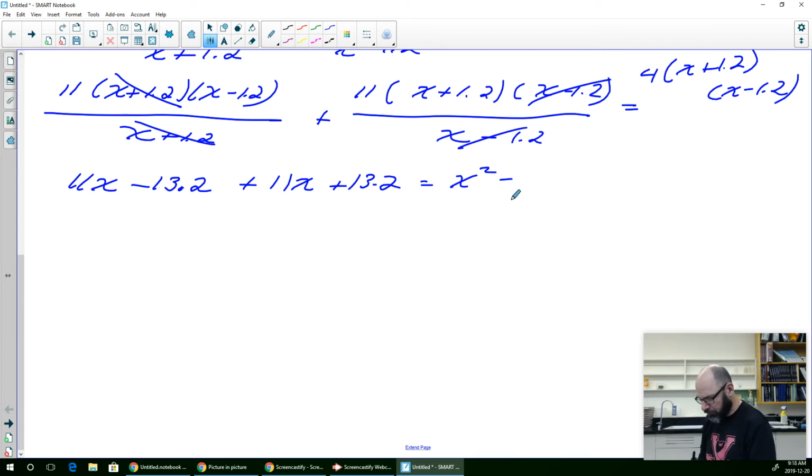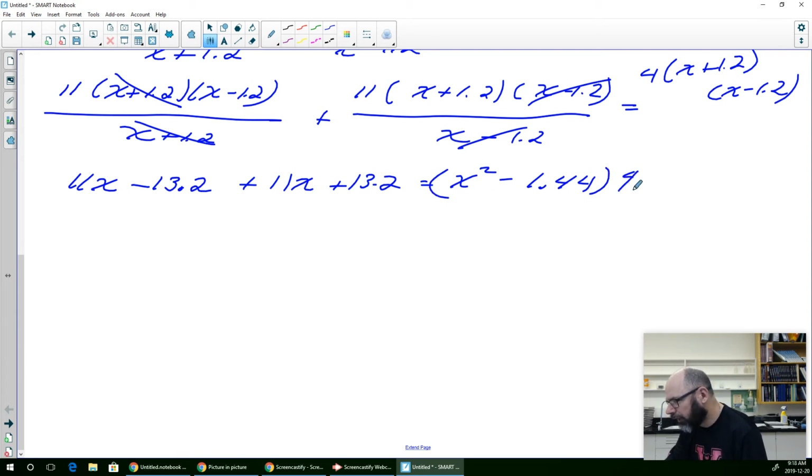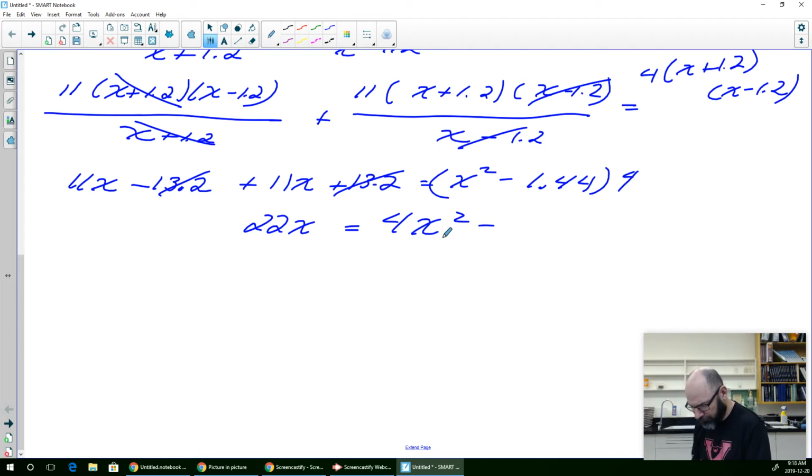So that's 1.44. Okay, the x's cancel out because one's negative and one's positive when you do the FOIL there. But we have to multiply that also by 4. So we'll put the 4 in there as well. That 4. So then these cancel out here. We've got 22x is equal to 4x squared minus 1.44 times 4, which is